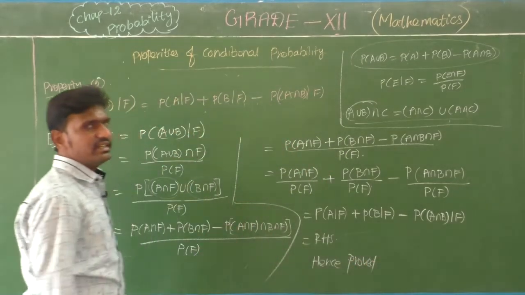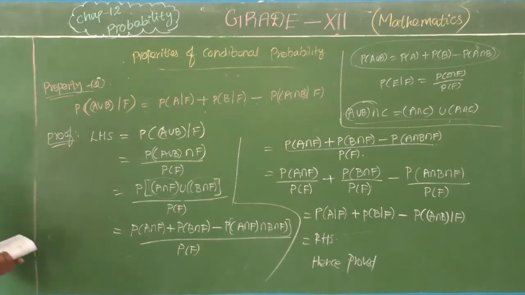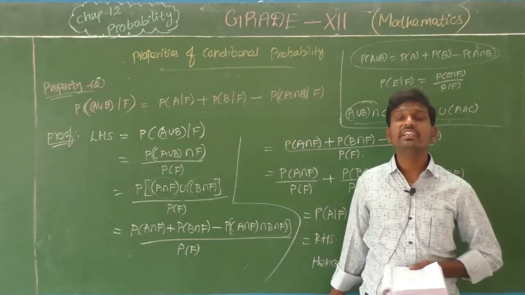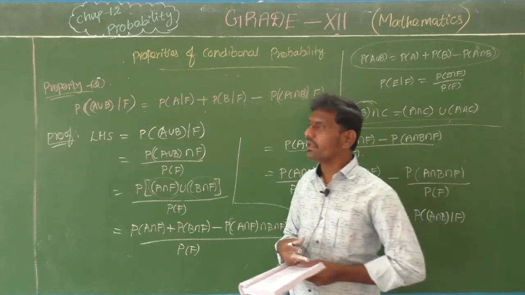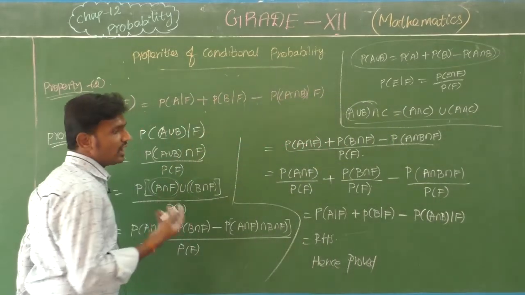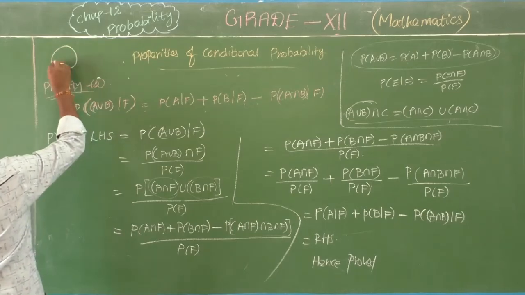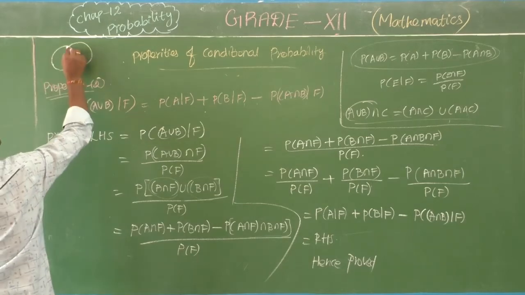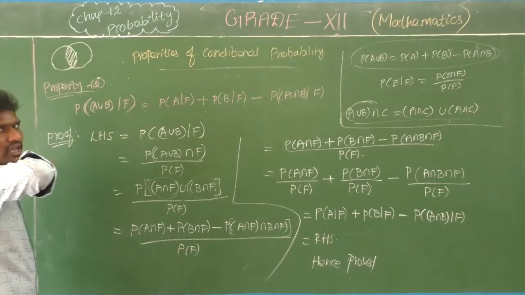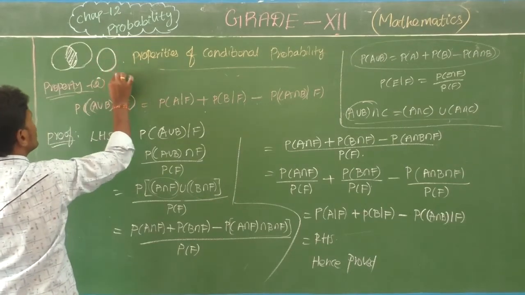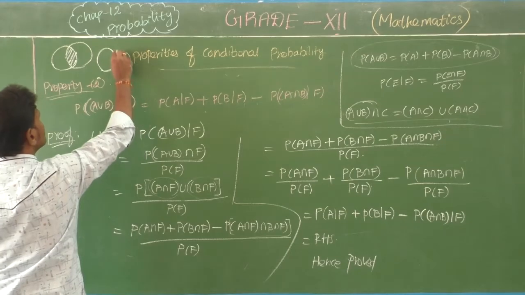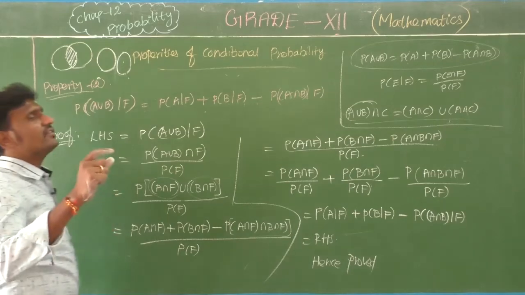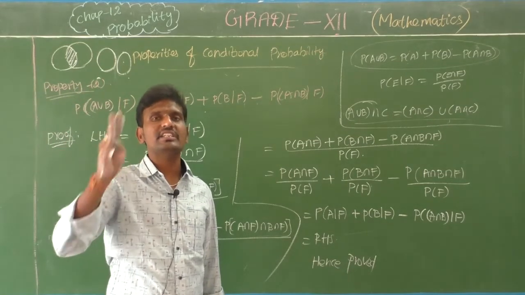Okay, have you got it, children? The property 2. In the special case when the two events A and B are disjoint events, that means there is nothing common between the two. Joint events, you have seen that, remember? So if two events are joined like this, we call it a joint event. Now you have a common place, an intersection here. Suppose the disjoint sets mean this is one event and that is one event, so these two events do not touch, which means these two events do not have any common element, any common space.